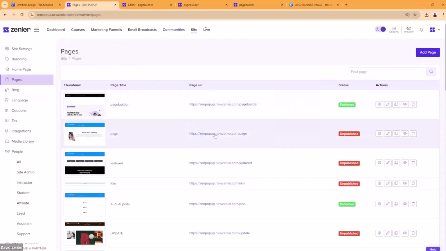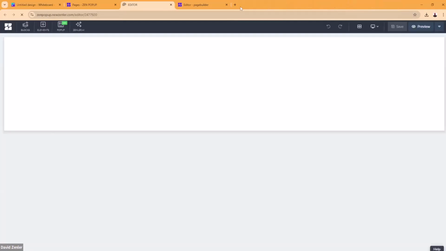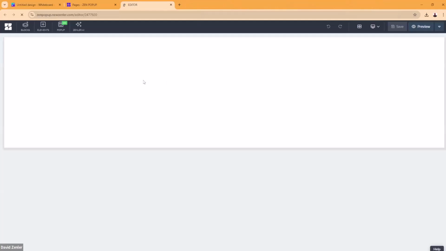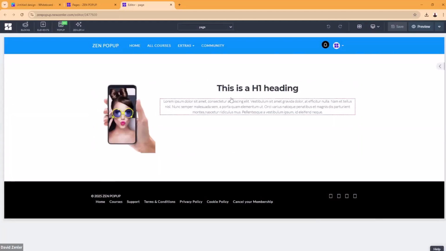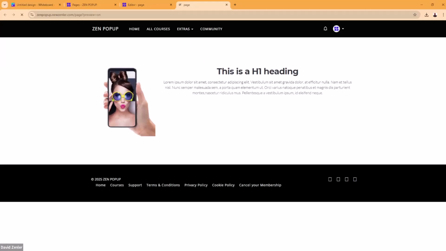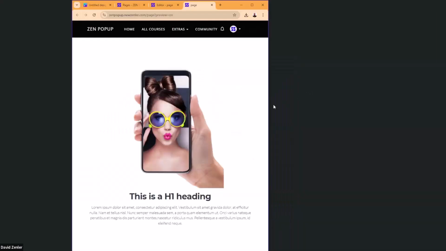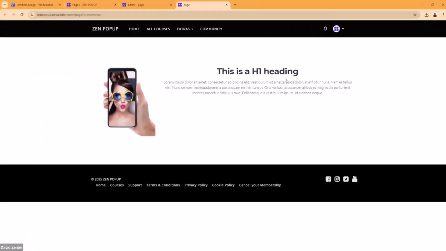So if I go to a brand new page, let's go to this page here. I'm now editing a new page. So let me close those down. That block that we saved will appear in our custom blocks. So this was a little test showing you responsiveness of a page. Let me just show you this one as well. So notice the image is on the left hand side. If I bring it down, there you go, it appears above it, because of the responsive way it works.